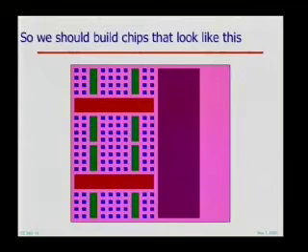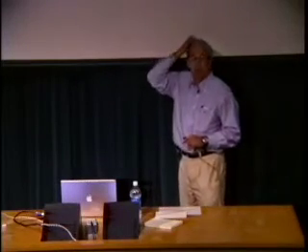Question? Can you just give us some idea of what plausible numbers are for some reasonable stage of the technology? Right. So later on in this talk, I'm going to give two case studies, the Stanford Imagine and Merrimac projects, and I'll give specific numbers for the levels of hierarchy there. So if you hold on to that part of the talk, I'll give you specifics. Anyway, this is sort of physically what it looks like, and I want you to keep the physical view in mind because it's very important.